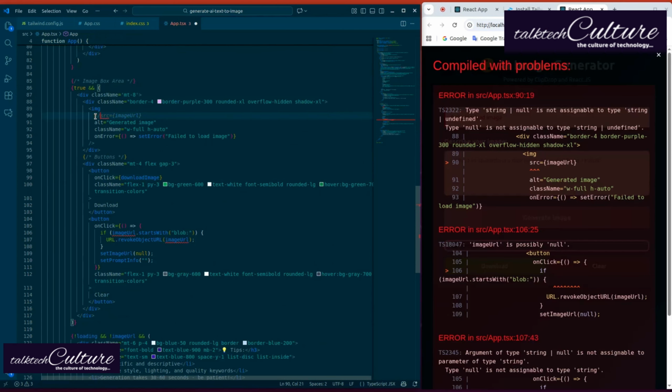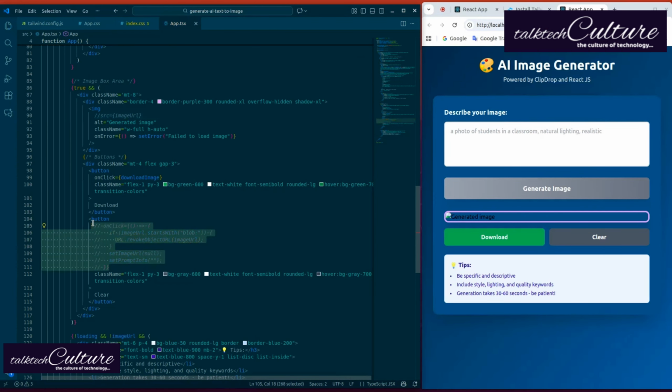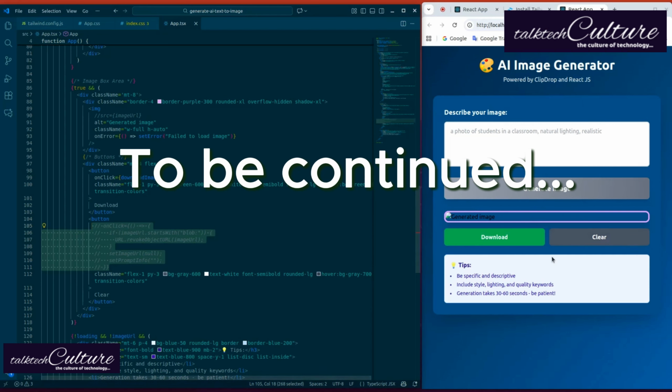Okay, let me just remove it. It's complaining about this src, okay? Not to worry. Let me just get rid of these and comment on this. I just want to see the layout of it. So this is the layout. You realize you saw something red, which is